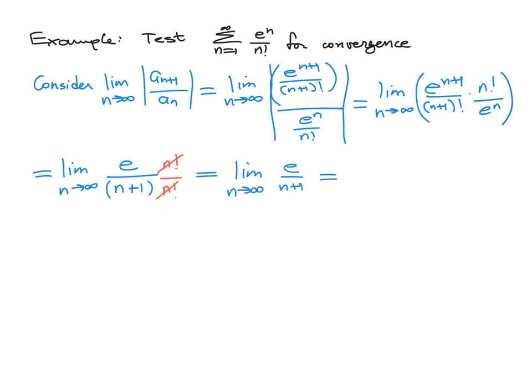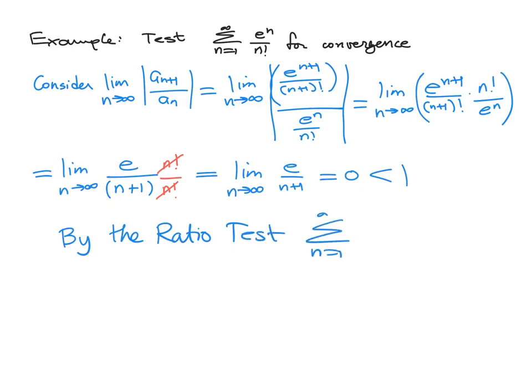And as n goes to infinity, this turns to 0, which is less than 1, which is good. This means that by the ratio test, we showed that the sum from n equals 1 to infinity of e^n over n factorial